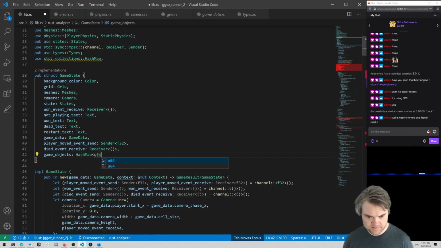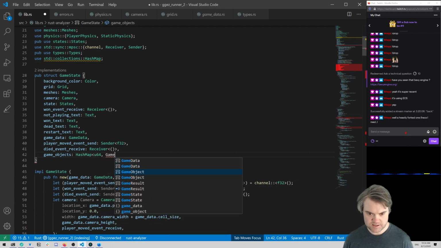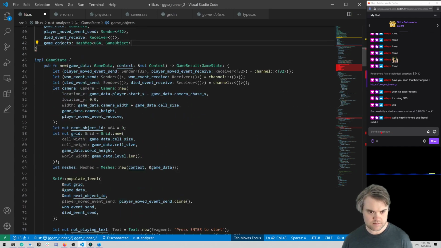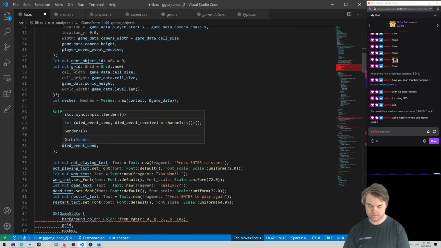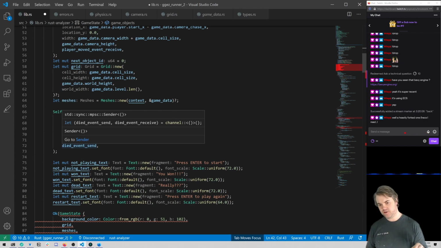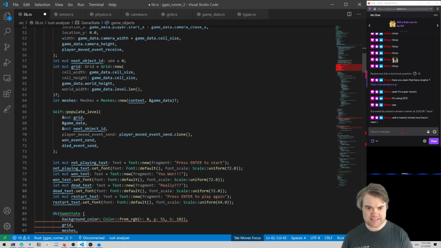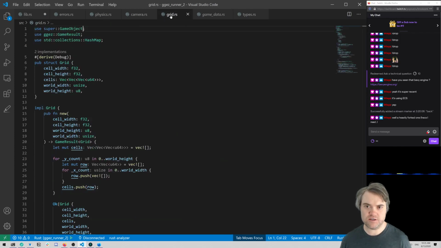You're going to be U64 and a game object. Right now, we're creating the level and inserting everything into the grid there. So we need to insert the IDs. When we do insert,